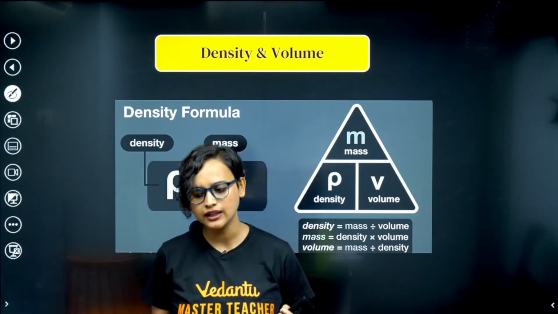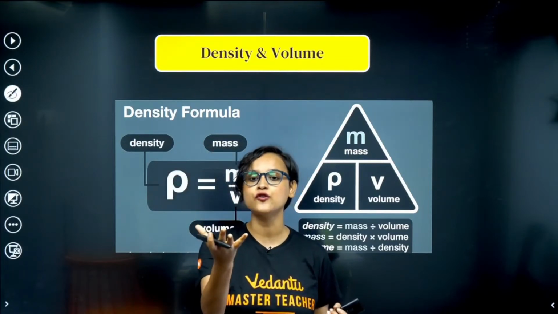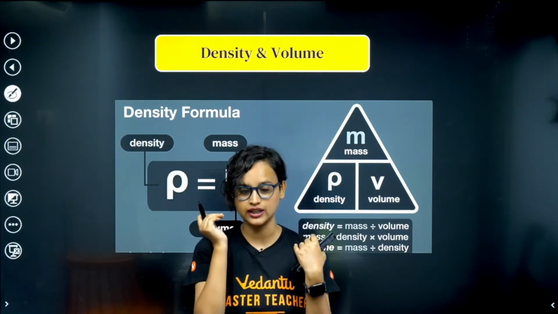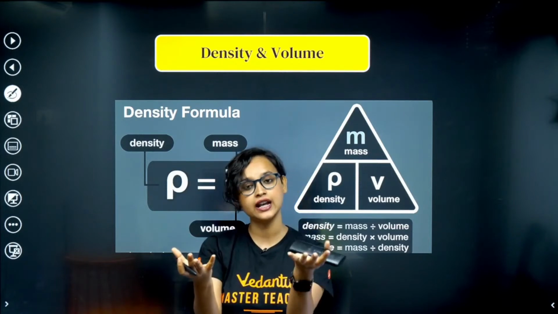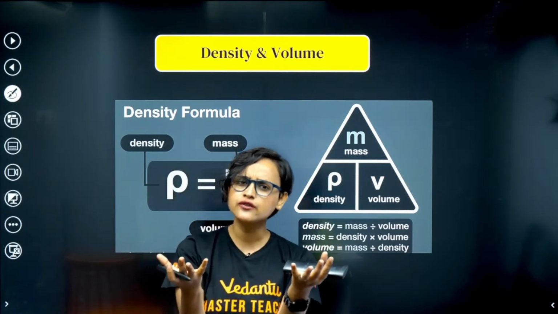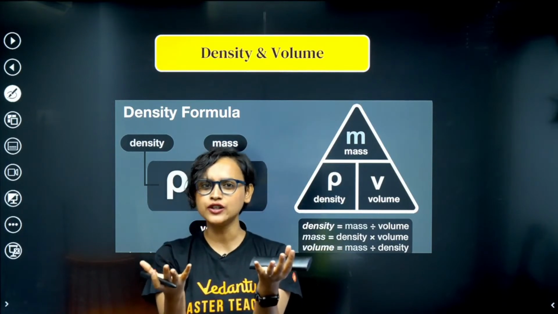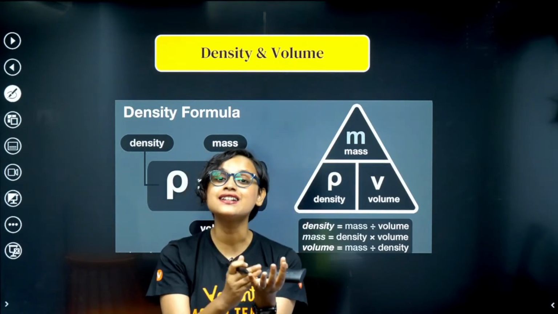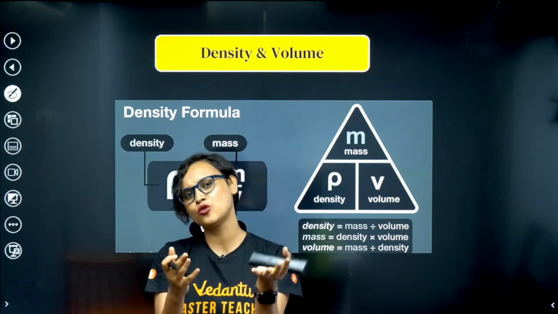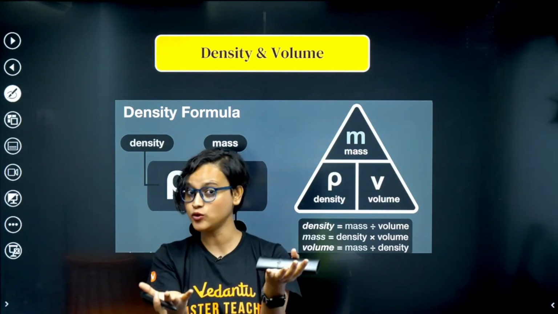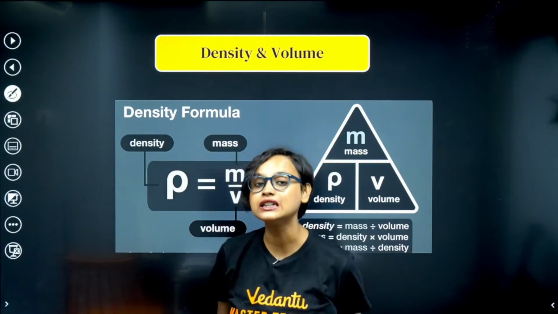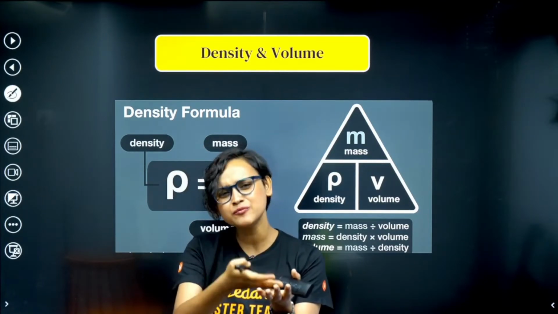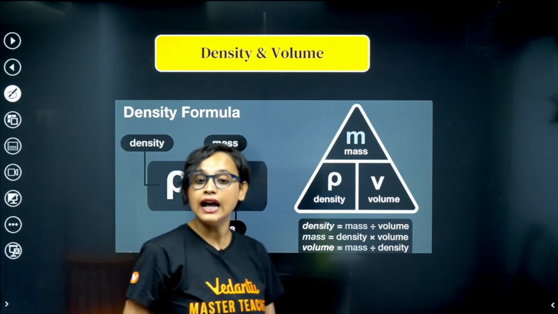For example, what if I take a handful of cotton? Cotton, we clean our face with it sometimes. We use it to wipe our wounds and everything, right? That cotton. So if I take a handful of cotton and a handful of iron, which one do you think will be heavy? Obviously, the iron will be heavy, right? Why? Because the density of iron is more. It will feel more heavy. Although both of them are a handful, same quantity, this will still feel a little heavy. Why? Because mass per volume is a little more for iron. Alright? And this is the formula.